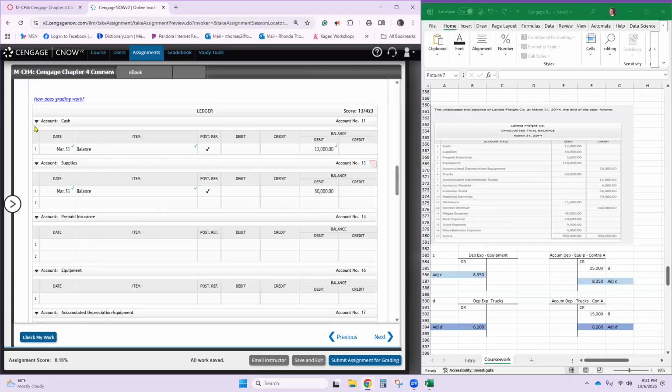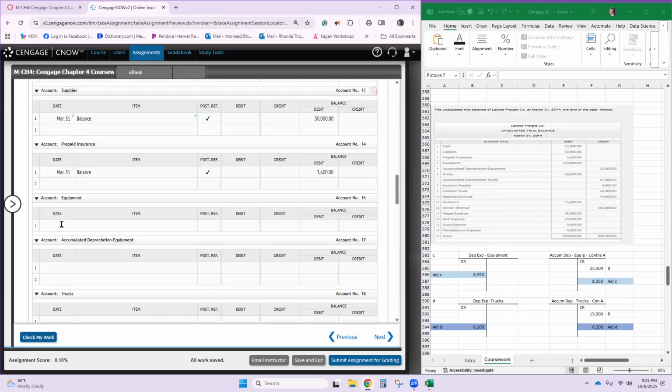Now, if you double click, all of these will open at the same time, and I think that's okay because you're just putting balances in. When you're posting, I would close each account just to be safe. We need a balance in prepaid insurance of 3,600. Then a balance in equipment of 110,000.